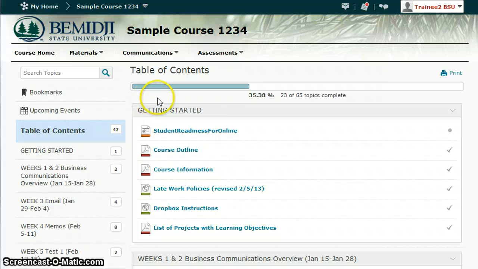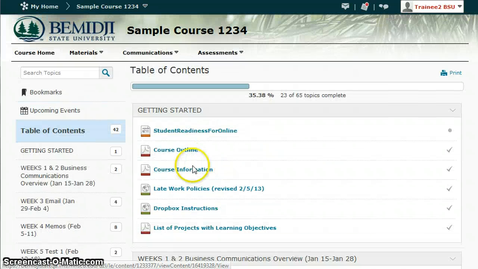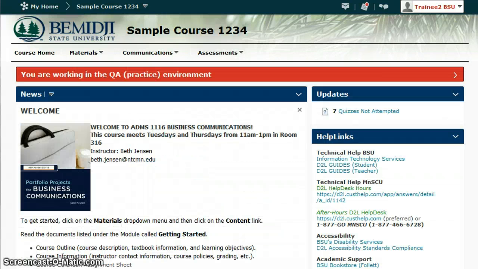As you see on the right-hand side, you will see your modules and topics listed in this center, right panel. However, you may also be taken to a course overview page. This is a new optional feature for instructors, and some may choose to use it, so I'll show you what that view looks like. This time I have added information into the course overview page, so when you go to